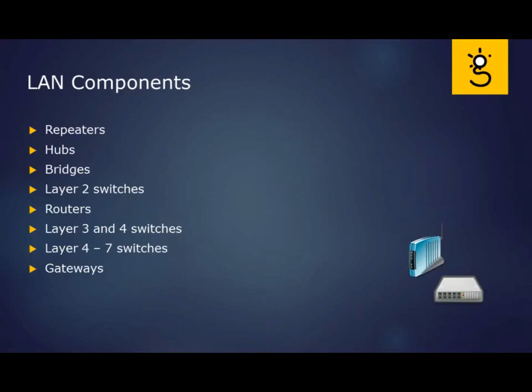Now there are a number of different components that we use in the local area network. We have repeaters. Now a repeater doesn't really do much other than lengthen the run of the cable. Remember I told you the electrons get tired as they're going down, right? The attenuation of the signal. Well, I can hit a repeater, and when the repeater sees it, it regenerates the signal and sends it back